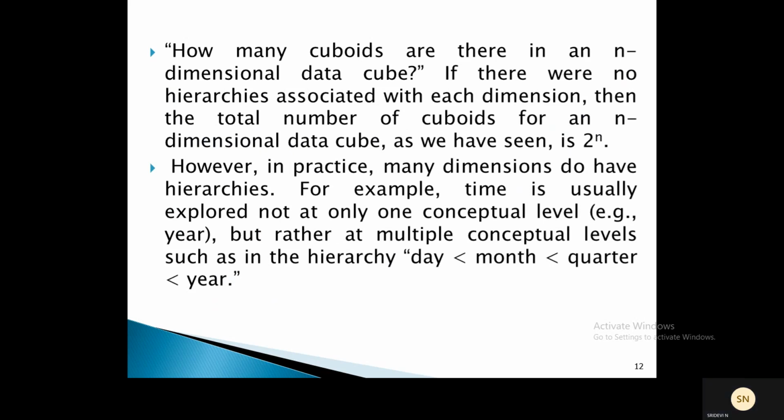However, in practice, many dimensions will have hierarchies. Recall time: in the previous module, we saw that time is usually explored not at only one conceptual level, but at multiple conceptual levels, where we have day, month. We can also have week directly connected to year, or day, month, quarter, year.